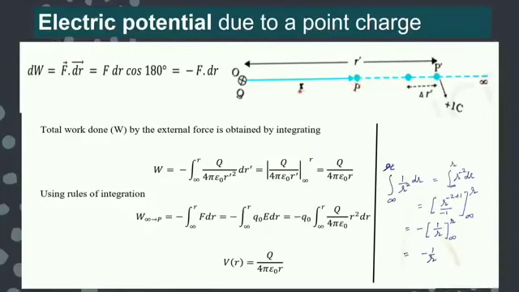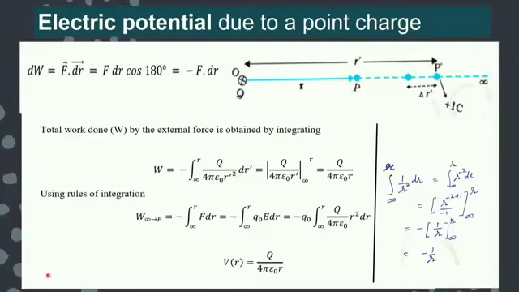This point P' is at a distance R. As I have said, potential difference or potential dimensions and units are the same. So for my consideration, if I am moving from P' to this point, some small distance delta R or dr, you may write. This is a small distance. The field is acting, this is a positive charge, the field is acting in the outward direction and you are bringing the body in the inward direction.